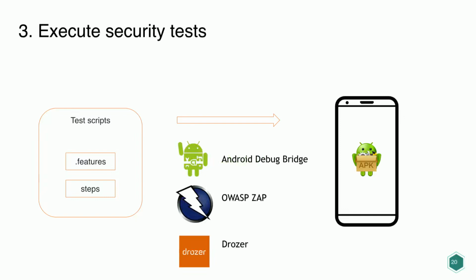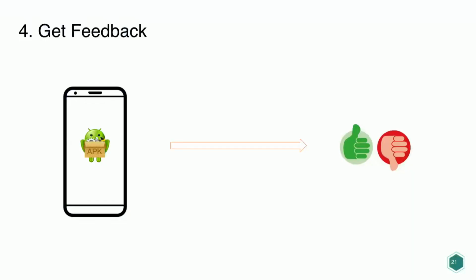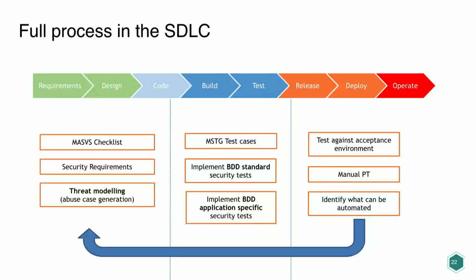Of course, because we want to write security tests, not UI security tests, we need to integrate some tools. For example, for Android, you can integrate the Android Debug Bridge, OWASP ZAP to test network issues, or famous mobile pen testing tools that can be automated in your scripts. And of course, what we want is feedback from the tests. We want these tests to be all green, so we know that we covered the basic security in our app.